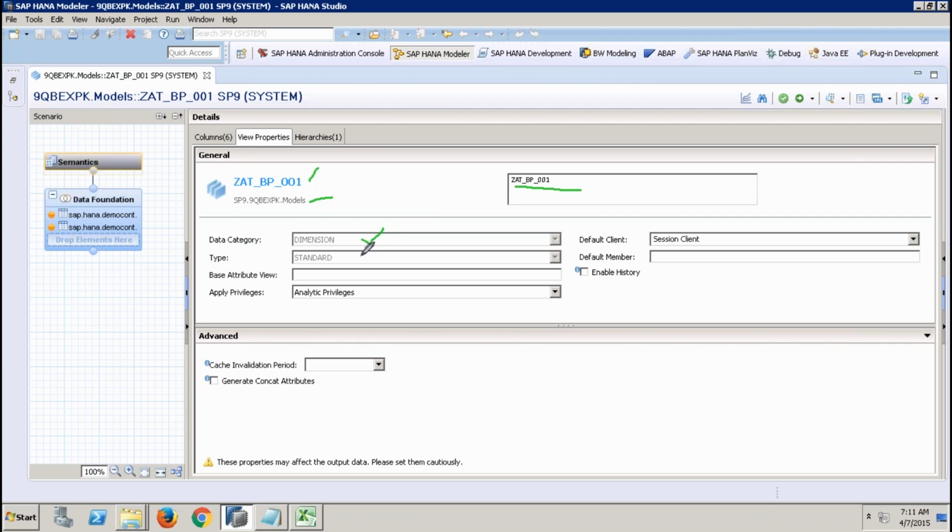And then you see the next property as the type of attribute view. You've seen there are different types of attribute views, right? Standard, derived, and time. And this property type will tell you whether it is a standard or derived or time based attribute view. Suppose it has been derived, this property will tell you what is the base attribute view from which it has been derived. For example,